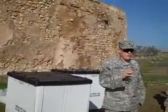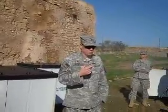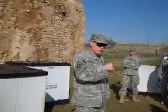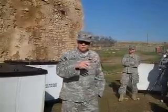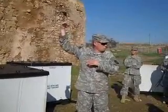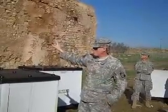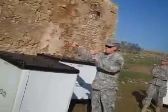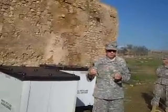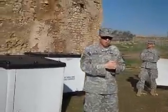Last week, we finally got approval from Baghdad. We've been working with the PRT, and we've been looking at doing a restoration project. It's going to be a 3-phase thing. One part is to build a superstructure over the top of the chapel to protect it from the elements. The second part will be to refurbish this, and what these boxes are, they're taking all the rocks, separating the rocks from the mortar, and they're taking the mortar, firing it, crushing it, and grinding it. And so the goal is to use